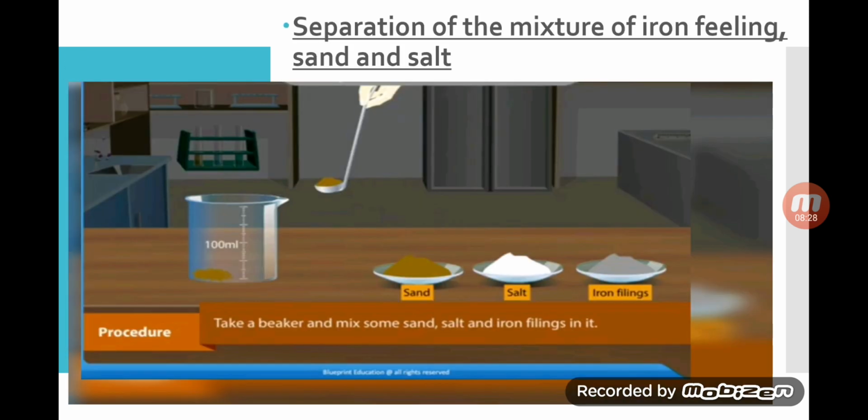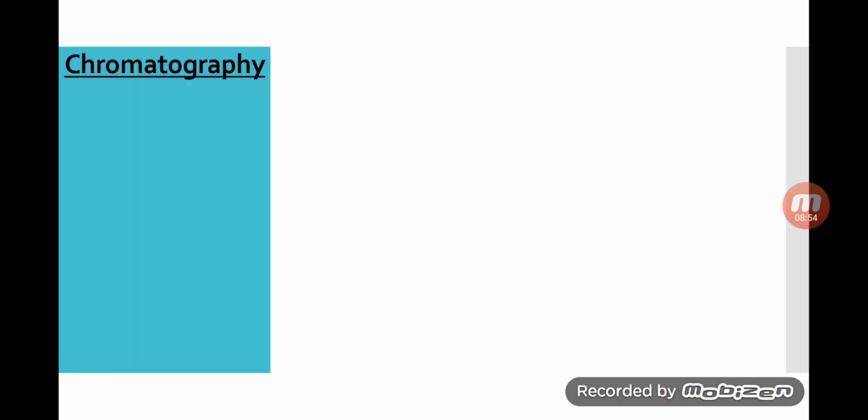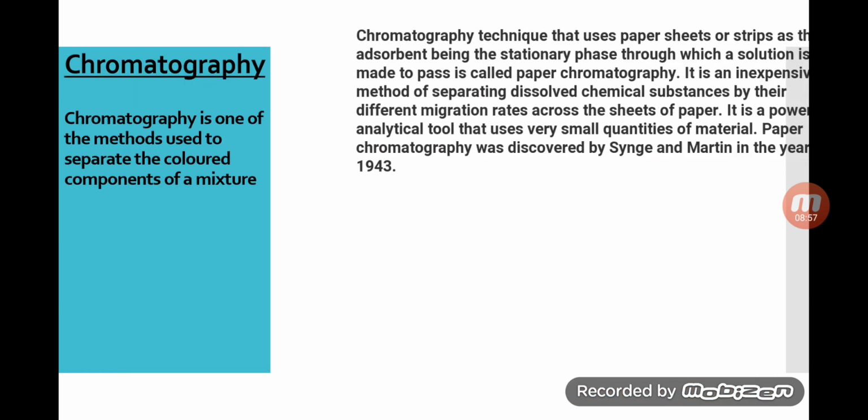So my dear students, you have seen, you have used three methods. First, magnetic separation. Second, filtration. And third one is evaporation. It means when you get a mixture which contains more than two substances, you can use more than one method to separate them into different pots. So it is very clear from the experiment.